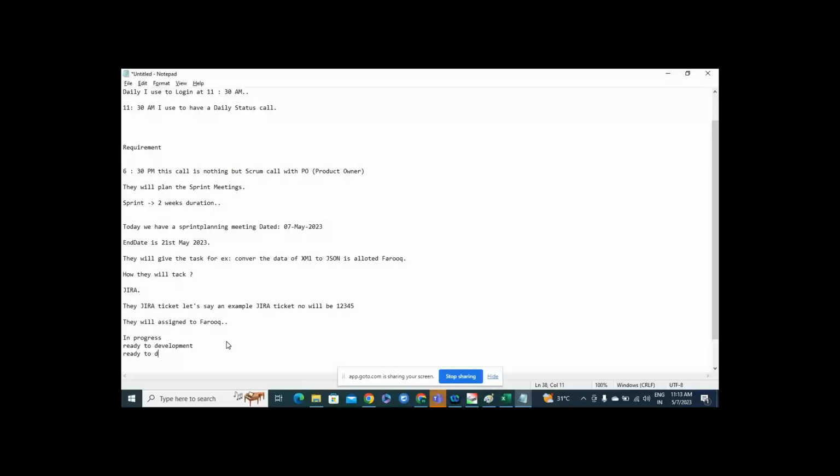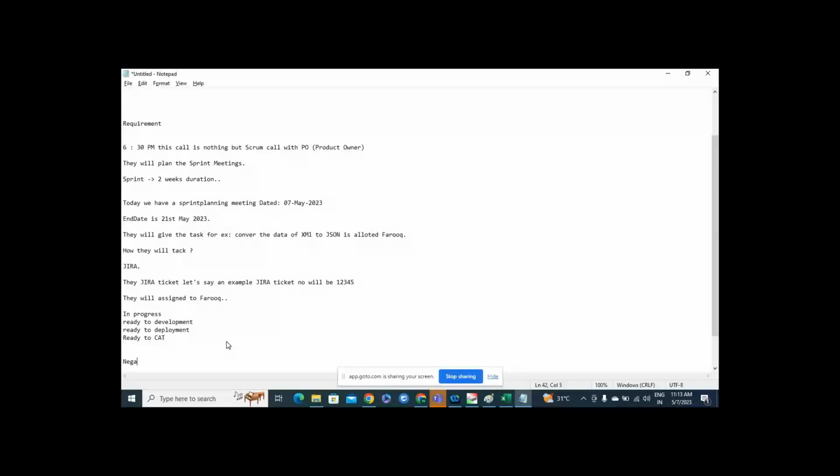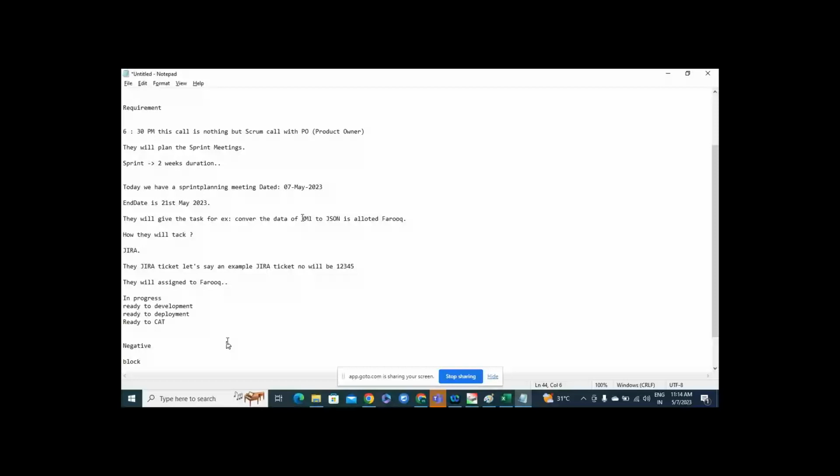This is the positive scenario. The negative scenario is blocked. Whenever you get the requirement and you understand it, you need to keep it in progress.